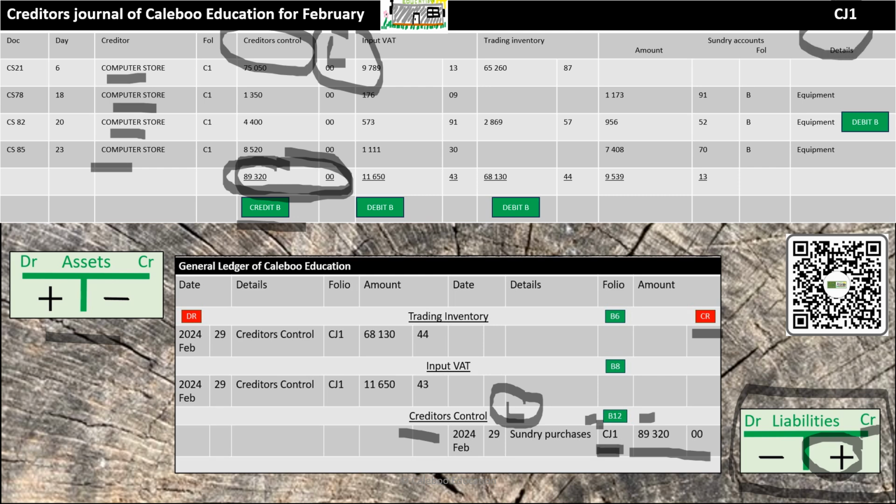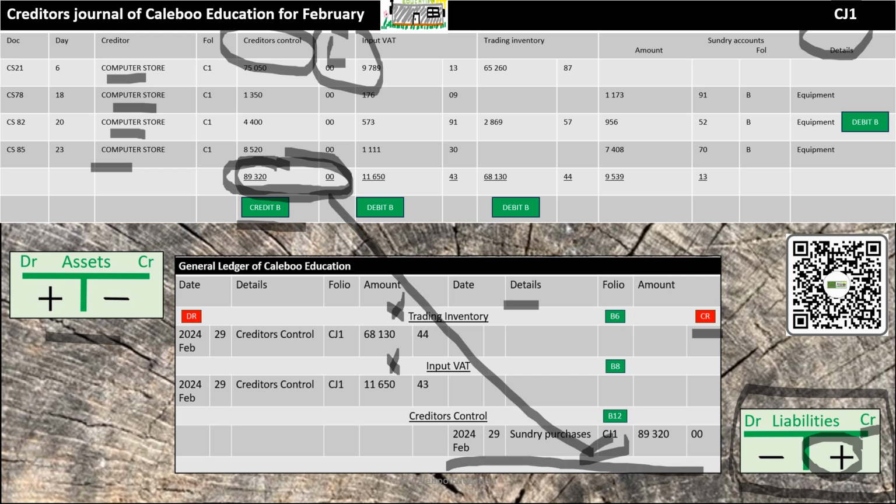There it is. What goes under details? Now we can't write the contra account of all the items that were affected, for example, trading inventory, input VAT and equipment. So we group them all together and we write sundry purchases. All items purchased on credit. And that appears under details. So let me rub that out and it'll be a bit neater. There's the entry